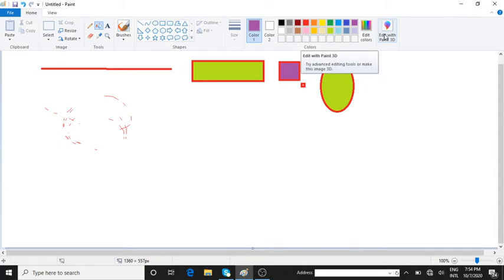Now we'll be moving on to the next one. That's your color picker tool. Click on the home tab. It's already in the home tab. Click on the color picker tool. So this is the color picker tool. Then click on the part of the image which has the desired color. Click on fill with color tool. Okay.